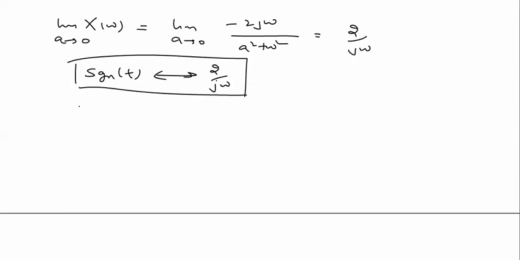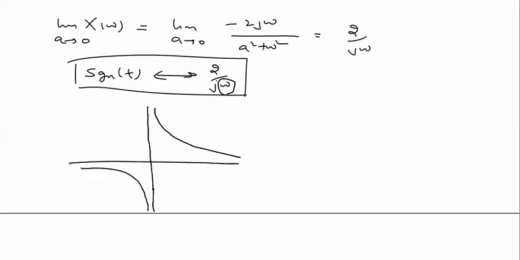We can also draw the spectrum of the signum function by putting in values. As we put the value 0, the value is infinite. As we increase the value, it follows this pattern, positively and negatively. The omega scale is decreased by 1 upon 2j. The magnitude spectra can look like this, and the phase spectra is minus 90 degrees